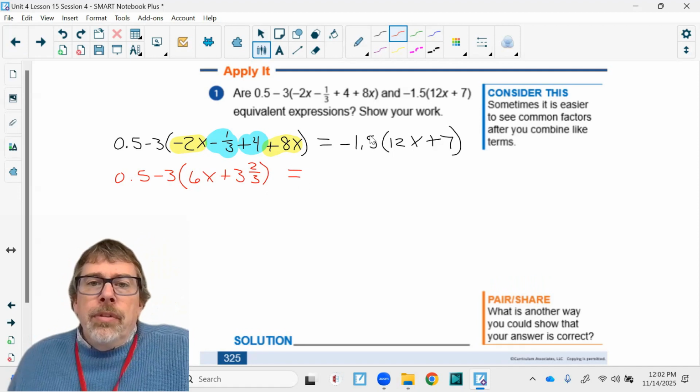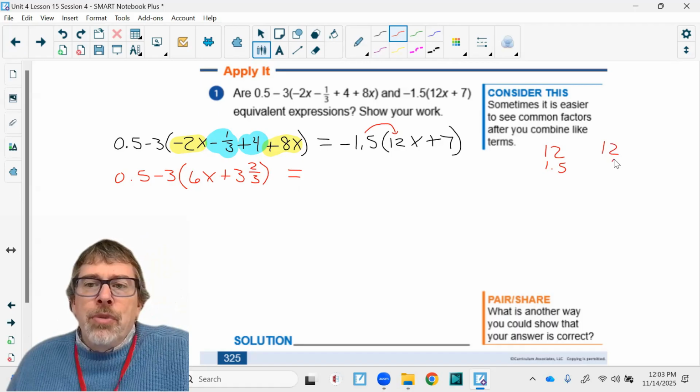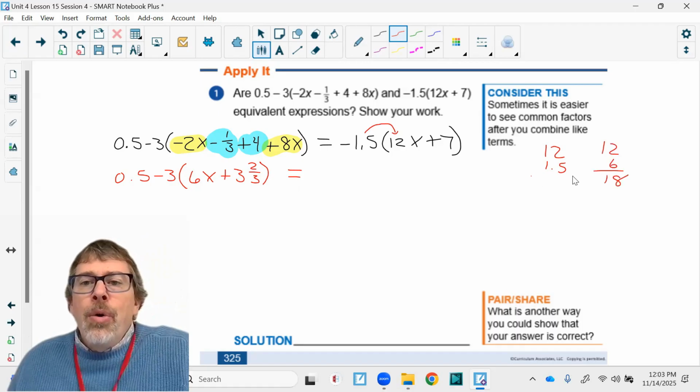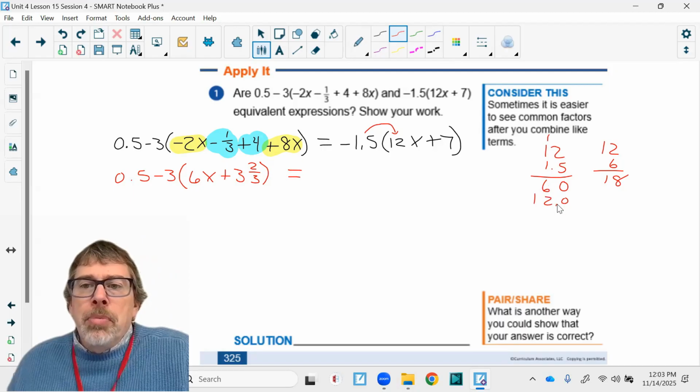And that's going to equal, and here I'm going to distribute. Okay, 12 times 1.5. Well, half of 12 is 6. That means 1/2 of 12. So in other words, it's 12 plus 6, which is 18. Or you could multiply it. 5 times 2 is 10. 5 times 1 is 5, plus 1 is 6. Bring down a 0. 1 times 2 is 2. 1 times 1 is 1. And there's a decimal place. And when I add, I get 0, 8, 1. Okay? So 18, 18. So negative 1/2 times a positive 12 is a negative 18x